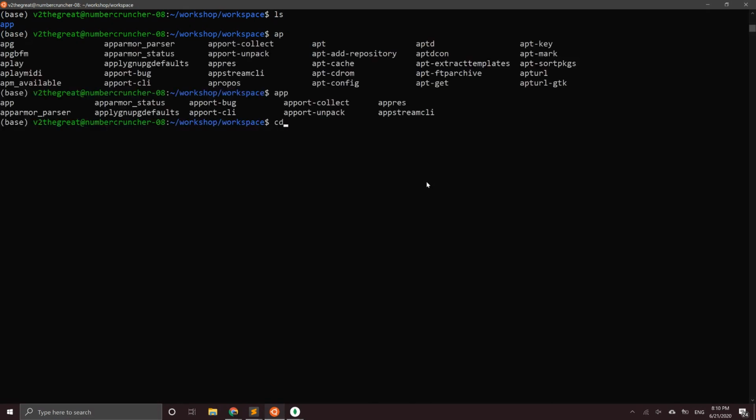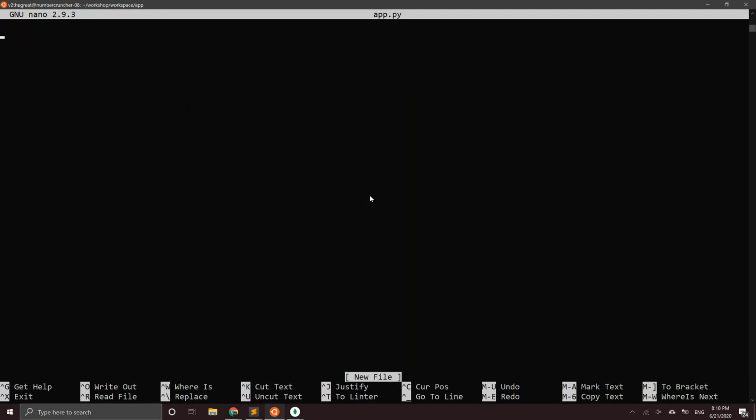So what we do now is very simply, we start actually creating our own Docker image and building our own Docker app. So what we do now is we do cd app, so it goes to the app directory, and then do nano app.py. This will create the new app.py file, and then we can enter some cool stuff in it. So what we're going to be trying to do over here is create our own fantastic Flask application that,